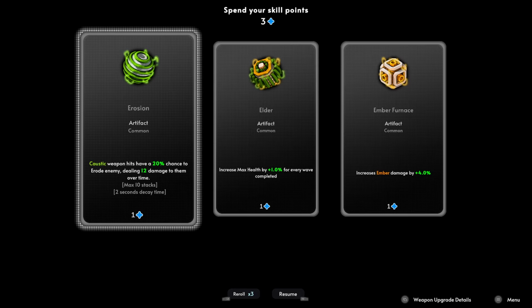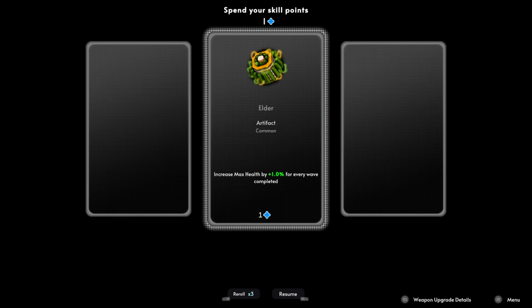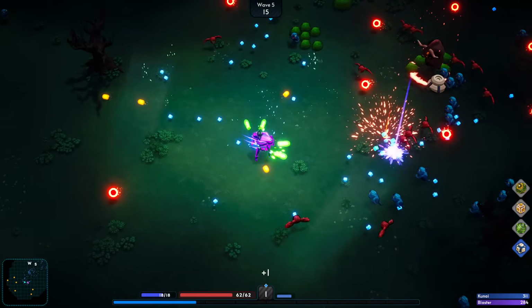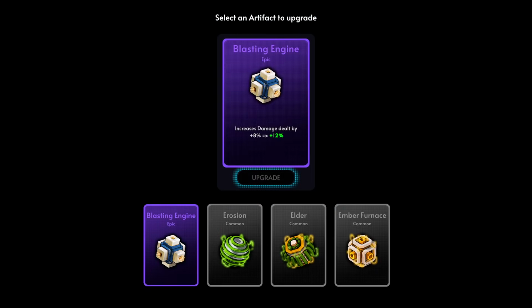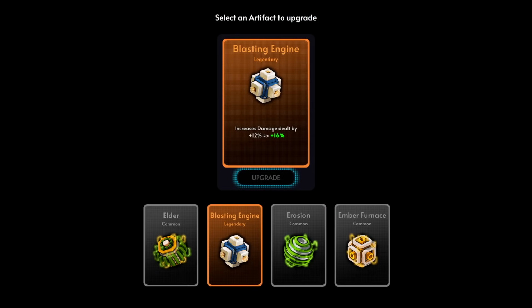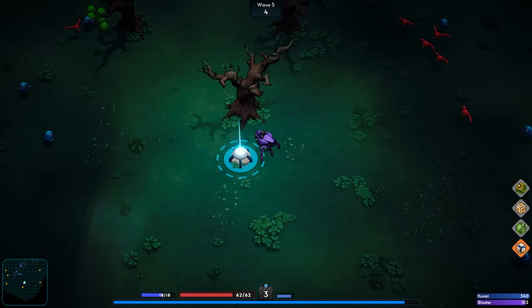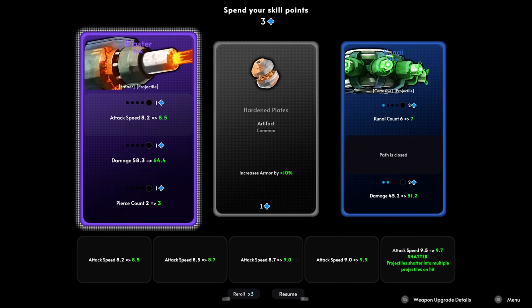Okay, I'm going to buy both of these. We're going to buy Caustic weapons have a 20% chance to erode enemies. Then we'll straight up buy Ember damage. Increases max health by 1% for every... Okay. That's a newish item, and we're really early in the game. We'll probably just go all in on blasting engine for now until we max that out. And then we'll focus mainly on the Caustic and...